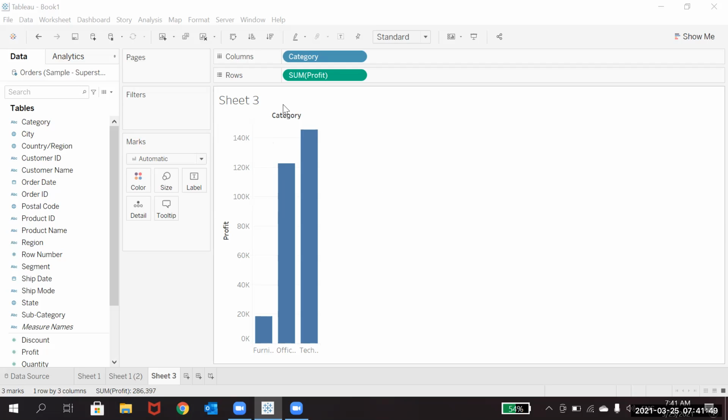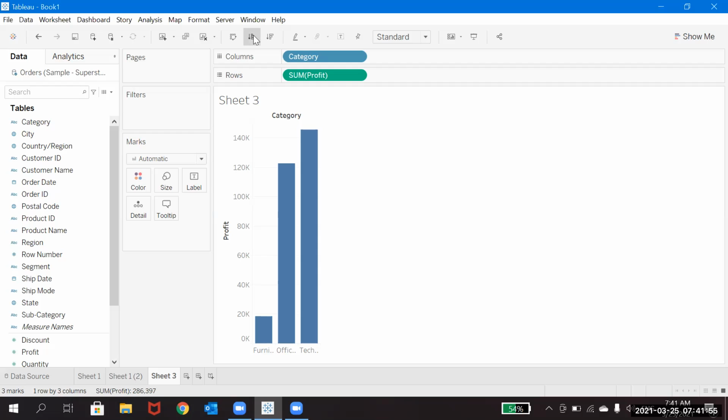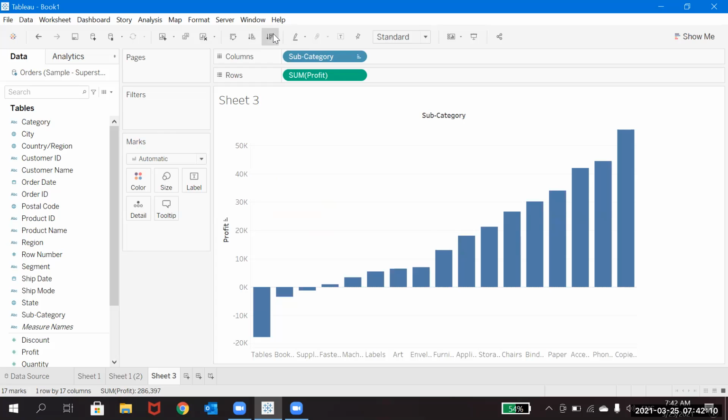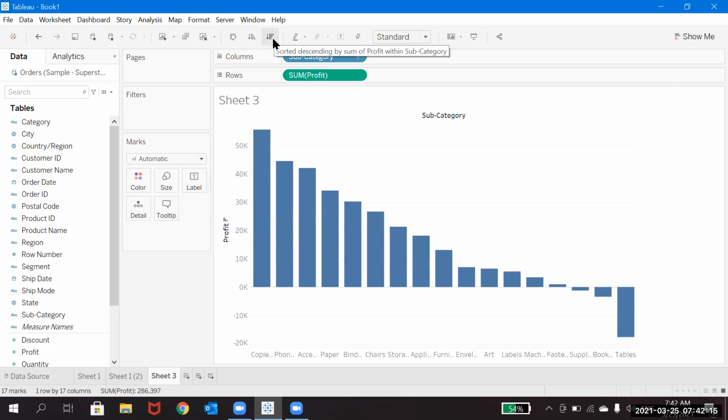Okay, so we just saw how the values swap. Now you can click on the sort. So sort is something like from small to large, or largest to smallest. So this is a sort symbol. And this is something called the highlight symbol.